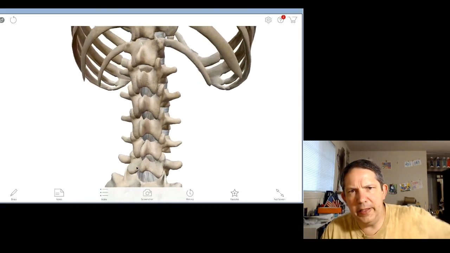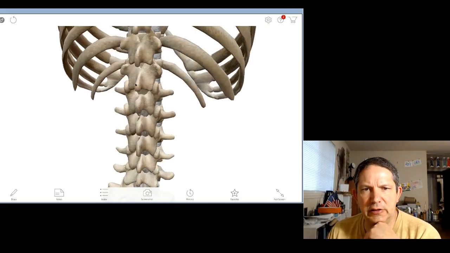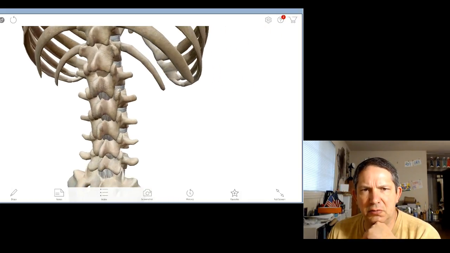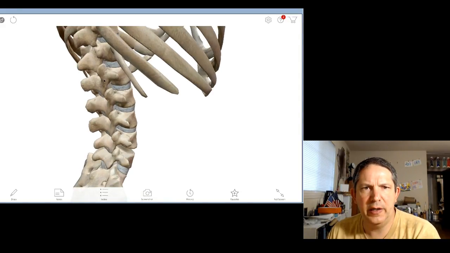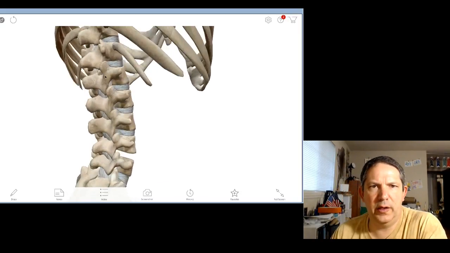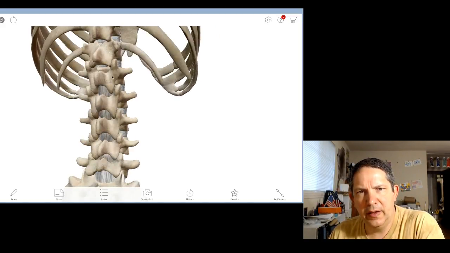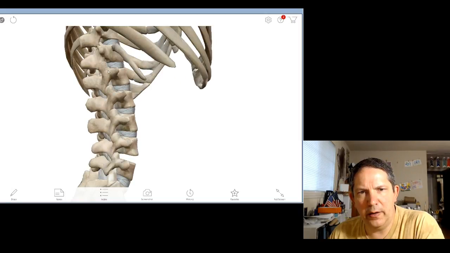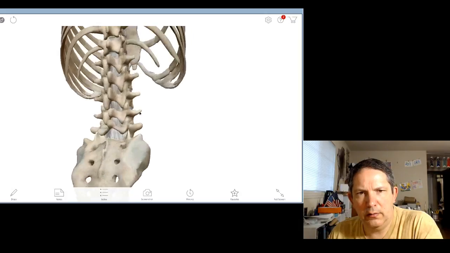The ribs end at T12, so this is L1, and you can't look and say, oh, that looks like a thoracic, that looks like a lumbar. At that point, they look pretty similar. As one gets closer to the other, they look more and more alike. But this is T12, this is L1. Here's L1, L2, L3. So you can count up or down and know that